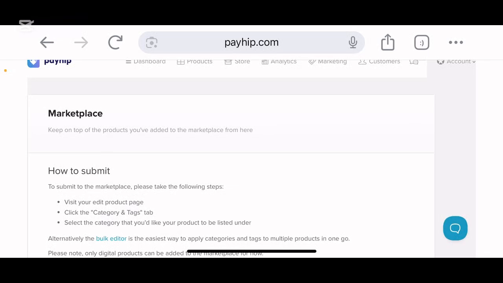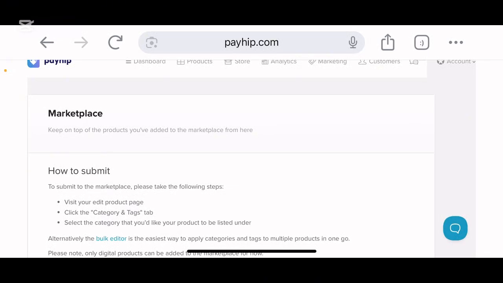I'm going to say that it is a lot harder to sell through the algorithm on Payhip than it is through Gumroad, because I've had quite a lot of sales on Gumroad through the marketplace specifically. But I think Payhip is getting there when it comes to that. There's still a few improvements that need to be made, but I still like Payhip, and I'm always going to sell on Payhip. I've got my own site, I've got Gumroad as well, but I'm also still always going to